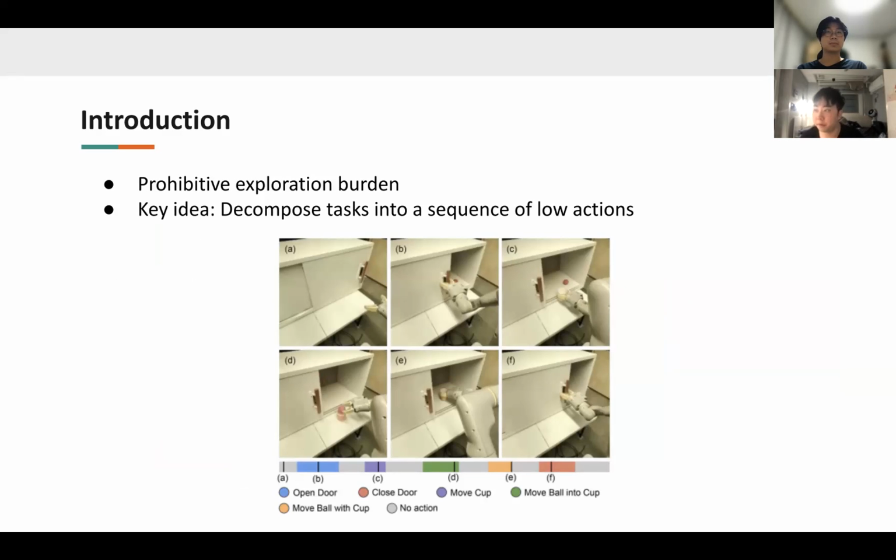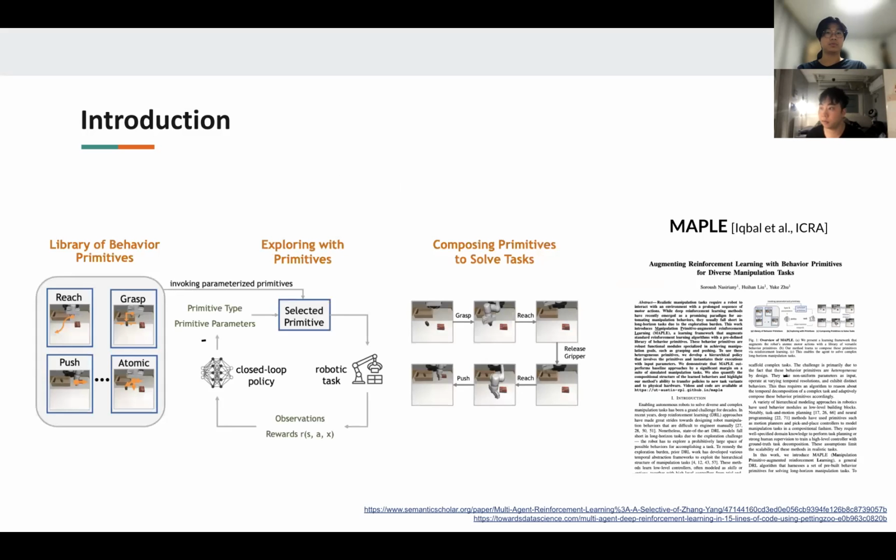According to this paper, they use the simple idea that a long horizon task can be decomposed into elementary motor actions. The authors describe that this task can be solved through multiple primitives and selection policies. Now we introduce a new deep reinforcement learning framework called MAPLE, presented at ICRA 2022, and explain our improvement plan.